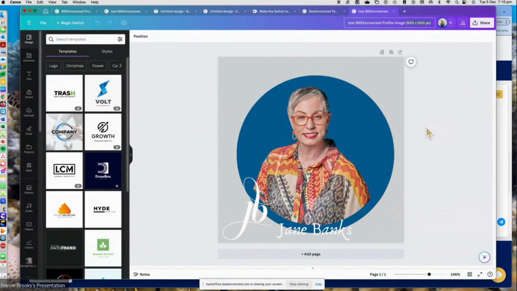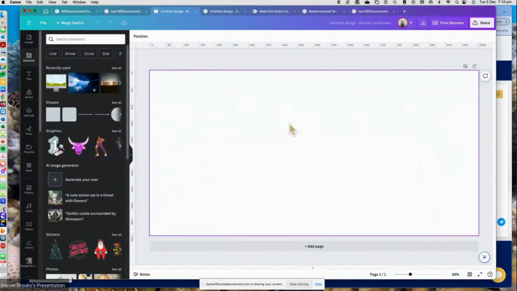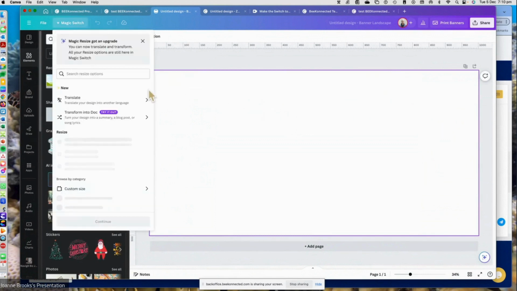So it's as simple as that. Changing the size, changing the colors, those sort of things are super, super simple. We've also got some banners that we need to create. Now, this is a blank banner. I have no idea what size this is, but I want to make sure it's the right size from the